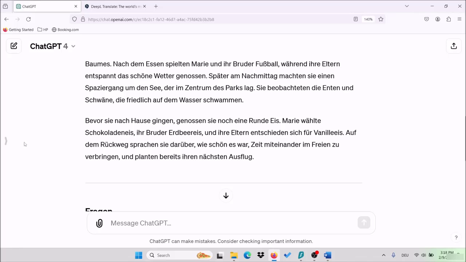Bevor sie nach Hause gingen, genossen sie noch eine Runde Eis. Marie wählte Schokoladeneis, ihr Bruder Erdbeereis und ihre Eltern entschieden sich für Vanilleeis. Auf dem Rückweg sprachen sie darüber, wie schön es war, Zeit miteinander im Freien zu verbringen und planten bereits ihren